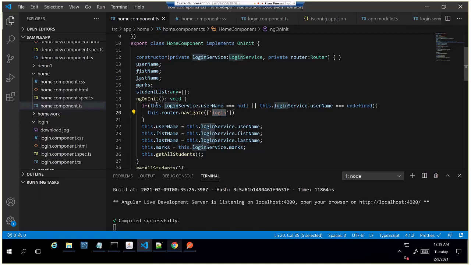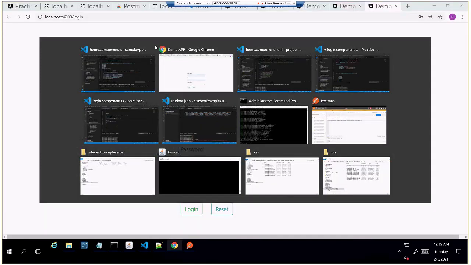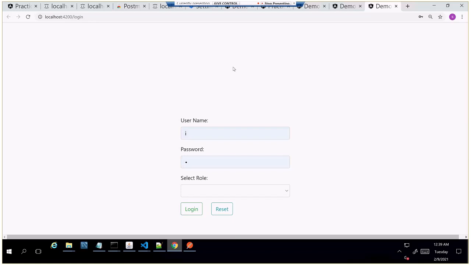So instead of this service, because whenever we refresh the page this service will be lost, what we do is use browser cache, like a session cache, and we'll add this username to session cache. So until the user closes this browser window, the user will be available in browser cache. So I will do that small change here.